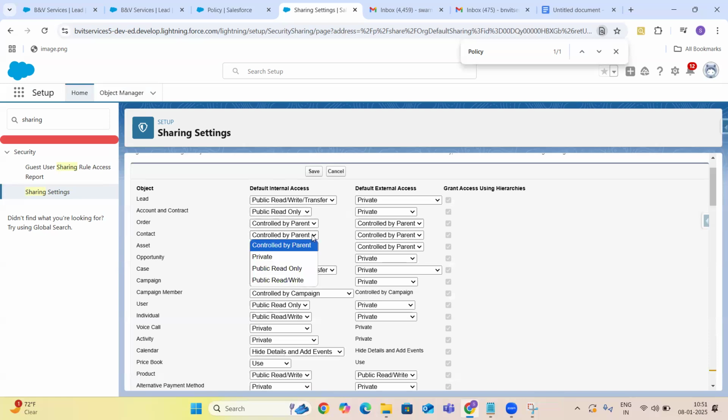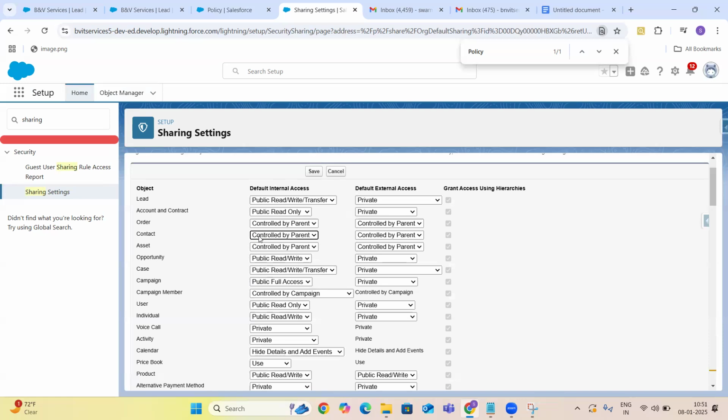this kind of drop downs like controlled by parent and the rest of the things together for the custom objects, but you will get these for the standard objects because they behave like a combination of lookup and master detail. That means for the view purpose they are lookup, but for the actual working behavior they are master details. That we have seen, right? So don't get confused, and nobody will ask you this much detail, guys.